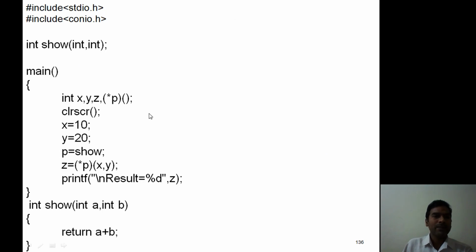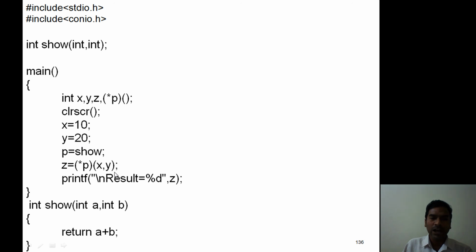Now observe this example. int show(int, int). Now main function. Here we declare one pointer to function format. Now x equivalent to 10, an ordinary value, y equivalent to 20, an ordinary value. Now p equivalent to show. Here address of show is stored in p. Now with the help of pointer, it is possible to invoke show function.